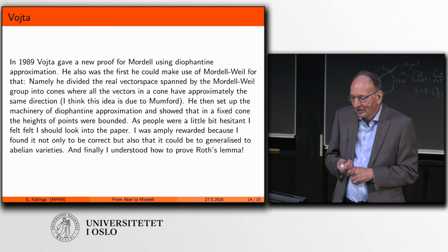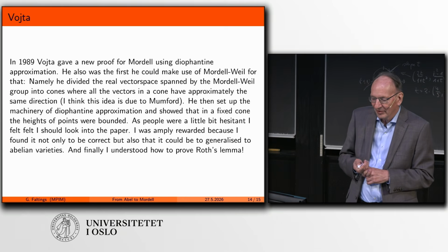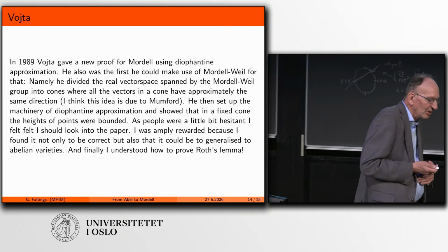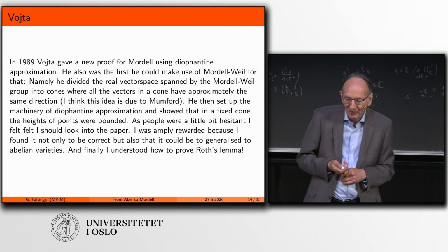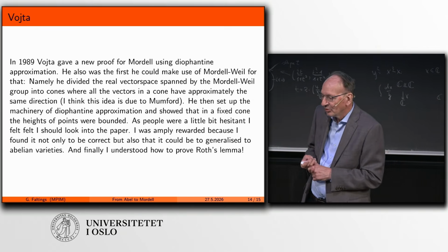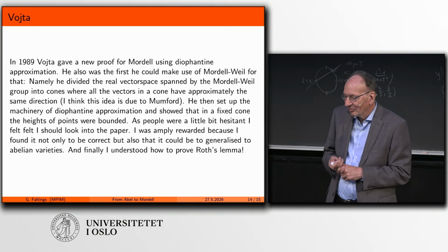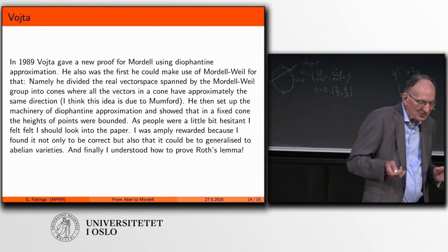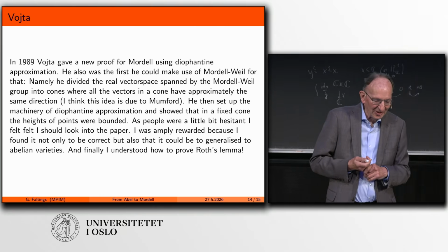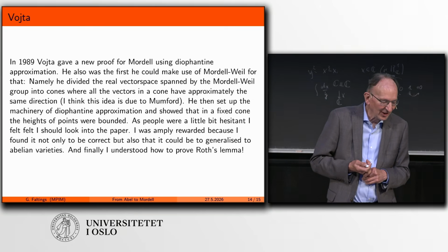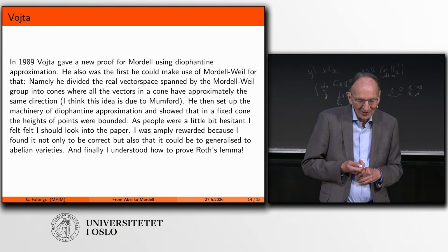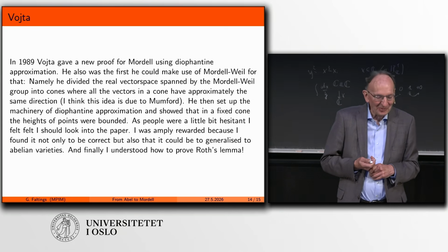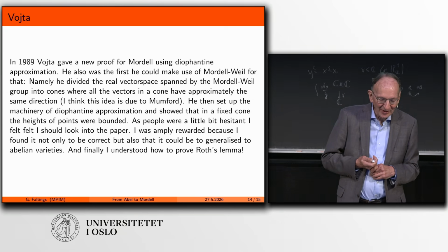Well, and then there was a new thing which I said that Vojta managed to use Diophantine approximation to prove Mordell. Well, he was the first guy. Well, there was a theorem of Mordell, which was a generalization of Mordell's theorem, that the rational points form a finitely generated Abelian group. And as I said, nobody managed to go on from this, except Vojta. What he did, if